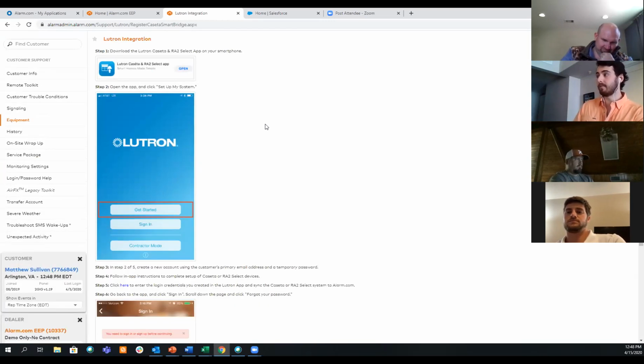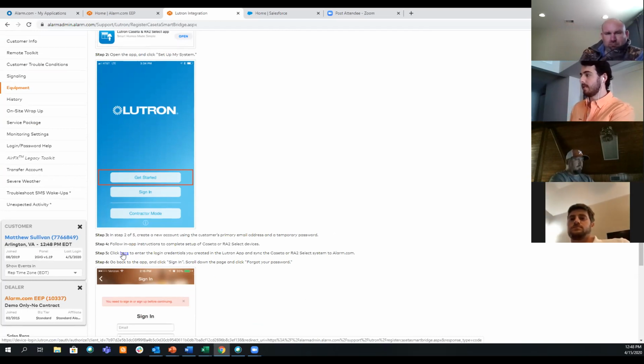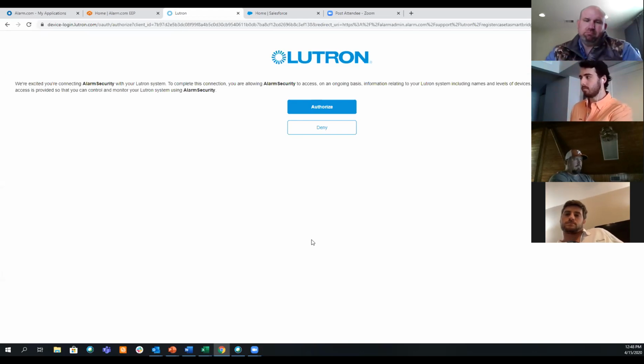Since Jacob already did everything in the app, we can skip a lot of these preliminary steps, and we would immediately click on step 5 here. Step 5 will actually have us sign in to the same Lutron account from the dealer site. But since we already associated these, all it would ask for is username and password, nothing more. We did a lot of trial and error yesterday. And so once you put in that username and password,